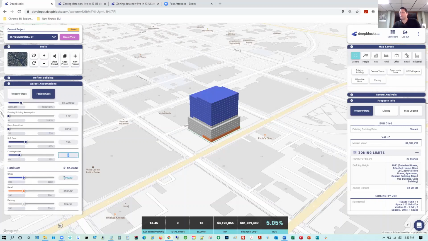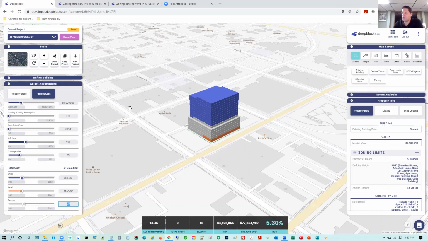These are sub-market values that we are bringing in based on a particular area. Maybe I can negotiate down to $180 a square foot for office, maybe $165 for retail. And again, it'll affect our ROC and our bottom line. So that's the development of this particular site in just one scenario.